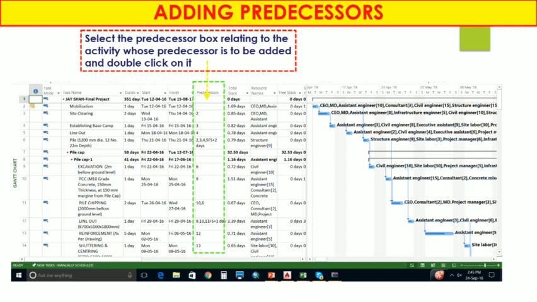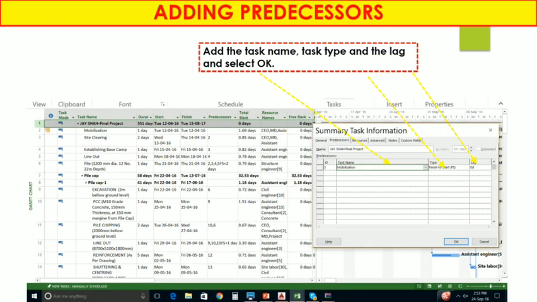So let's see how you can add that predecessor activity. To add predecessor activities on that particular task, double click on that column and go to summary task information. Here you can see whatever activities, tasks and duration you add in the summary task information. So task name is mobilization, type is finish to start, lag 0 days.